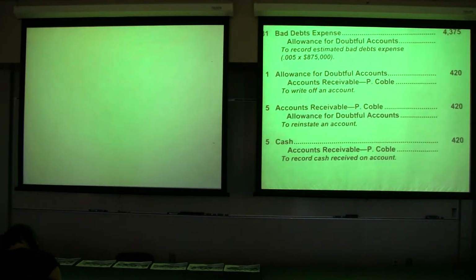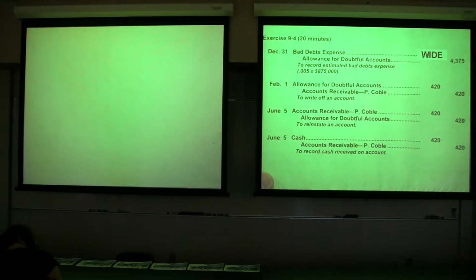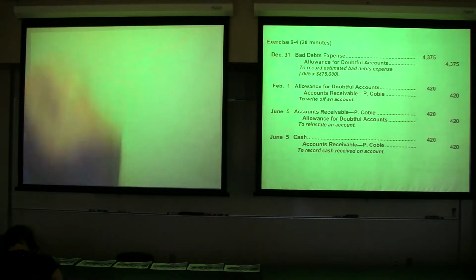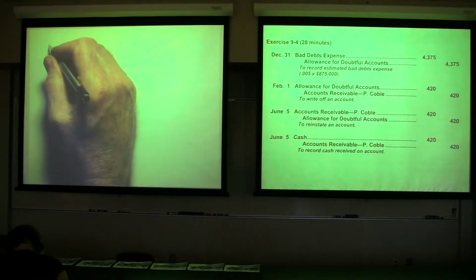Now, most people are done, so I'm going to move this over to the overhead, if anybody still wants more time with it. And then, let's go ahead with the next part of this. So now, we just talked about the percentage of sales method, right? And it's based on sales. Now what we're going to do is have the one that's based on accounts receivable. Okay, so we're going to start with the percent